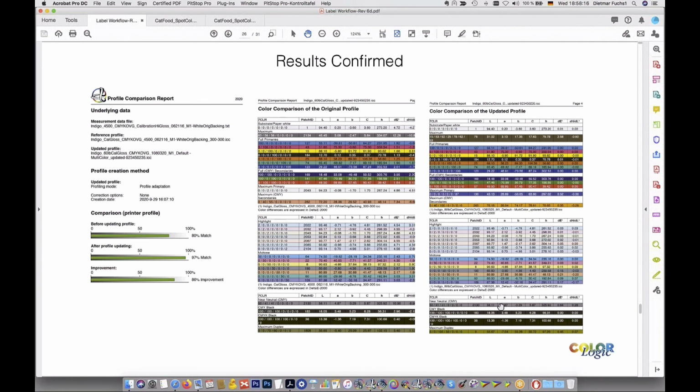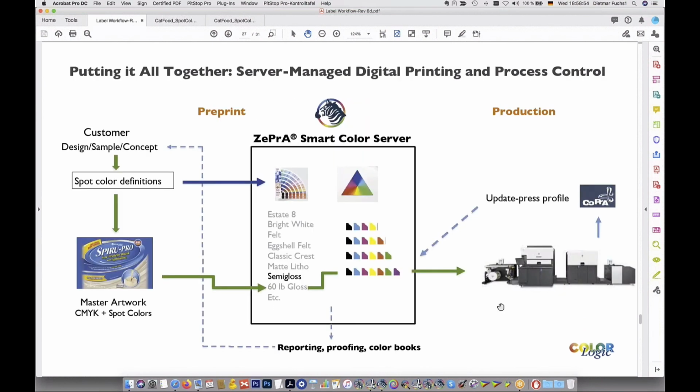You know, even from end to end, a form will not be completely uniform. There's nothing we can do about that, of course, but we can reduce the error to simple short-term press variability, and we can get back to baseline color. What this means is that we can reprint jobs with just this short procedure at the beginning of a job or as needed. For inkjet devices, it's needed much less often. And we can just do this procedure and get back to the way the job was printed the last time. And it will match end to end. It will be a dead ringer for the last time we printed it, and we'll be printing back to the